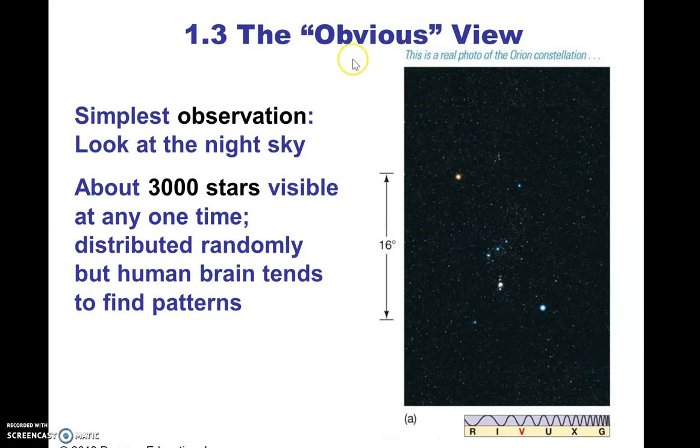Let's see. So this is when you look out at the night sky. At any one time, depending on which hemisphere, if you're in the northern hemisphere or the southern hemisphere, you can see roughly 3,000 stars that are visible to the naked eye. Of course, there are a lot more stars